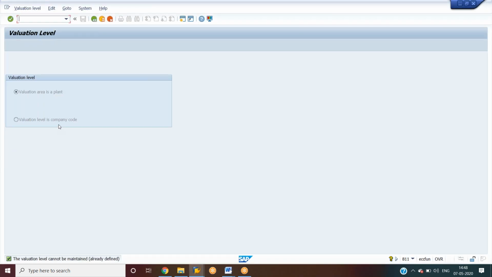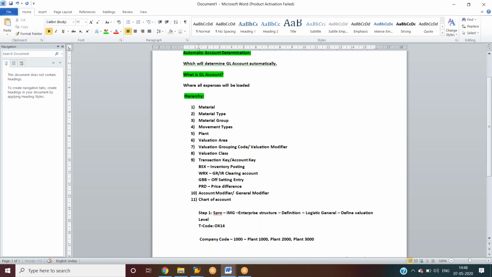The next one is valuation level at company code. Let us say we have one company, and under it 3 company codes: 1000, 2000 and 3000.